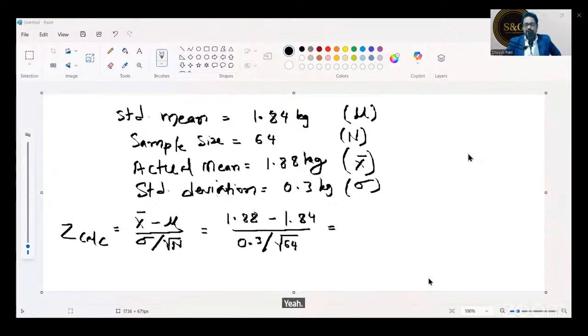What is the Z calculated value? Everybody please calculate it and give me the answer. Don't copy the answer of others.